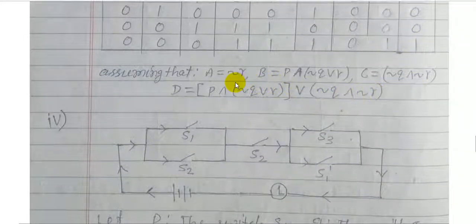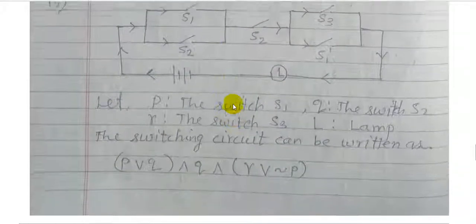And don't forget this consideration, you have to write it in the exam also, because the table was very lengthy, the table was large. So we consider the symbolic form, and you can consider it in the exam also, in the board exam also. Okay. Now see the fourth one.